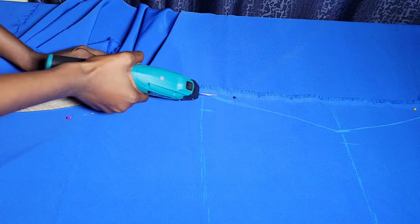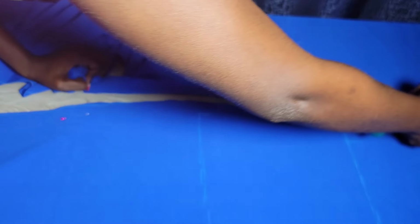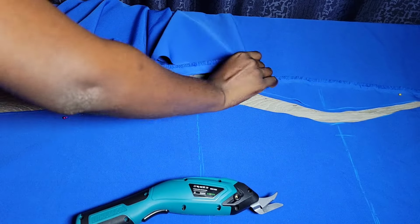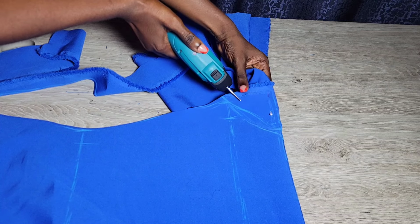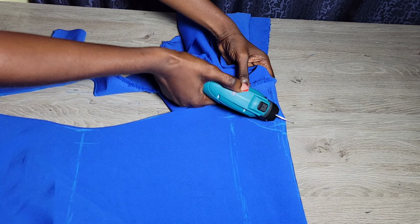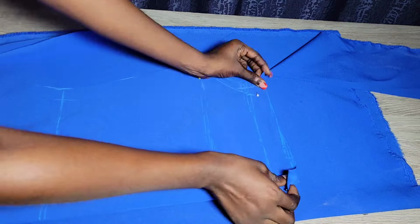So you should take note, especially if you're a beginner, when you are making this kind of dress or when you're working with this kind of fabric. So go ahead and just cut it out, pin as you are cutting. At this armhole area I left 0.5 inch that I would use to sew, and this is what we have for the front. Going ahead to cut the back now,